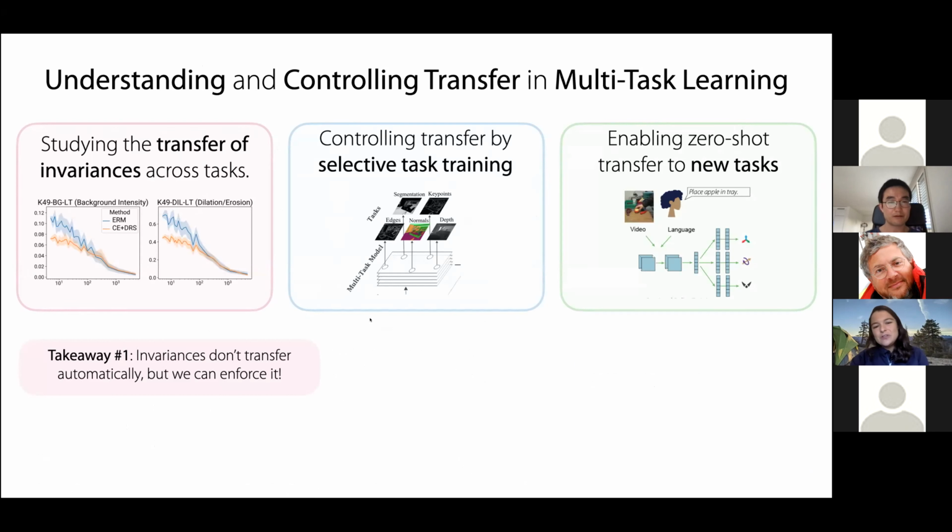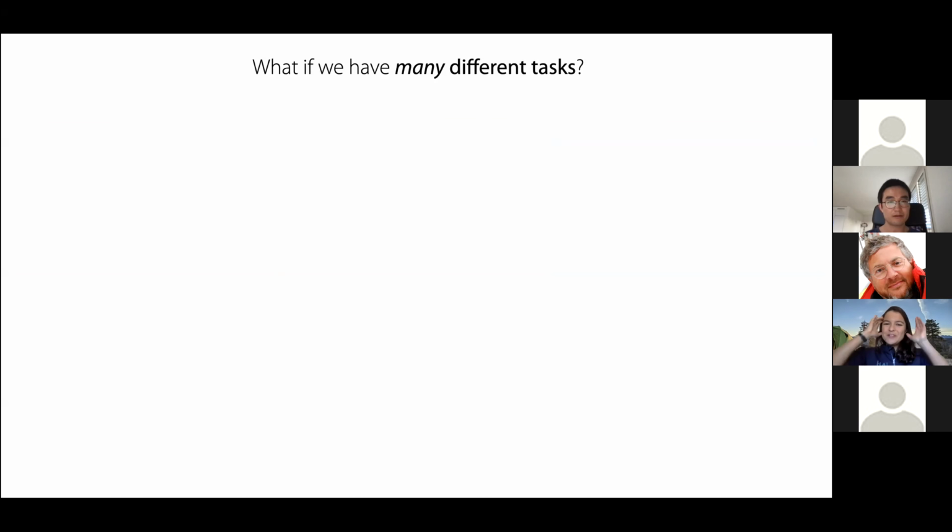Great, so now I'd like to transition to thinking about a different way to control transfer in multitask learning. And in particular, we would like to be able to control transfer by selectively identifying which tasks you want to train together. And the motivation for this is that there are a lot of scenarios where you have many different tasks, or maybe you have a lot of different auxiliary tasks. And it's unclear whether you should train on all of them. It's unclear which ones will be complementary. And ideally, we would have a metric that could just tell us automatically whether or not two tasks are complementary and whether it'd be helpful to train on one of them.